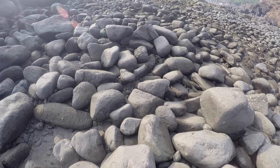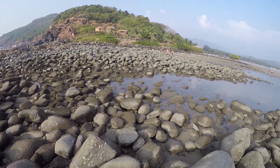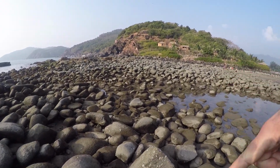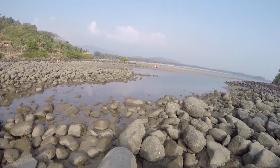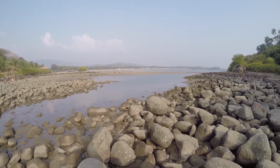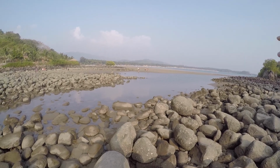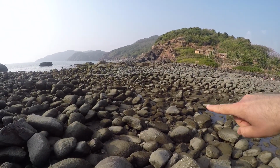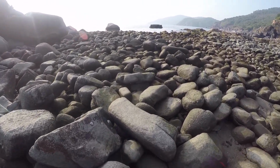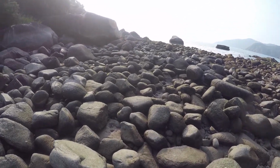Whoa, crossing these rocks. Cool. So we're right in the midst of these rocks. This is where I was envisioning crossing when I first came here, but then I saw that the beach was all clear all the way up to the island. So definitely walking on the sand is easier. But if it's not lowest point in tide, it might be easier to cross on these rocks here. So we'll keep making our trek and hope we can get around the other side a little bit